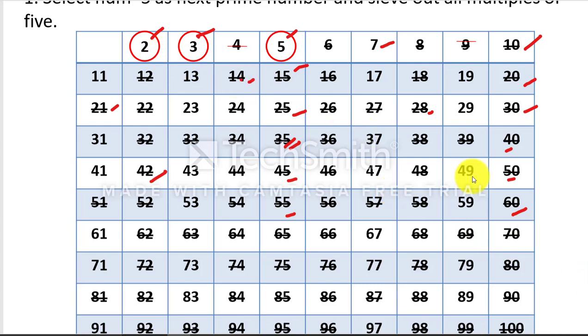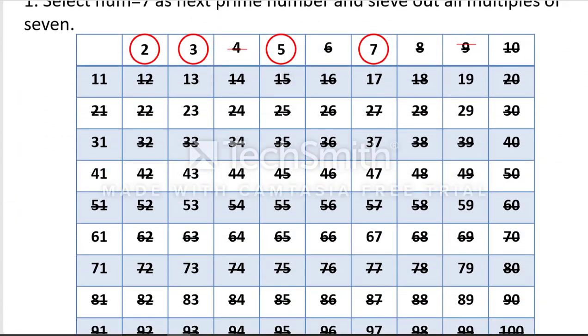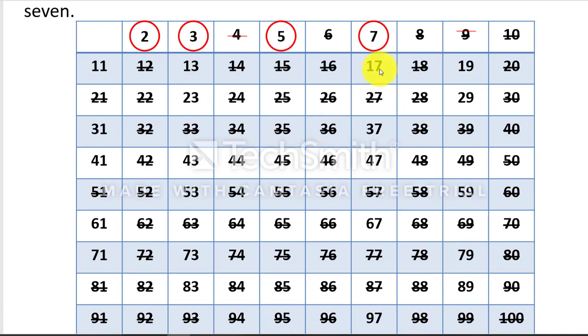So we can filter out all the elements starting from 49. 49. Then 56 is already filtered out. Then 63 is already filtered out. 70 is already filtered out. So in the next pictorial we can check all the multiples of 7 will be discarded. Now come to 8. 8 is already filtered out, so discard it. 9 is already filtered out, discard it. 10 is already filtered out, so it can be discarded.